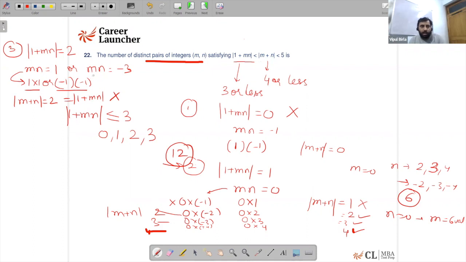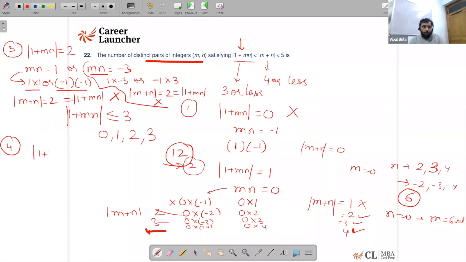Now the second is if m into n is equals to minus 3. If m into n is equals to minus 3, it is possible if one of them is 1, the other is minus 3, or if one of them is minus 1 and the other value is 3. In each case, mod of m plus n will become 2, again equal to 1 plus mn mod. So therefore, it is not possible because it is clearly mentioned that 1 plus mn mod has to be less. So therefore, value 2 is also not possible. Now looking at the fourth case,